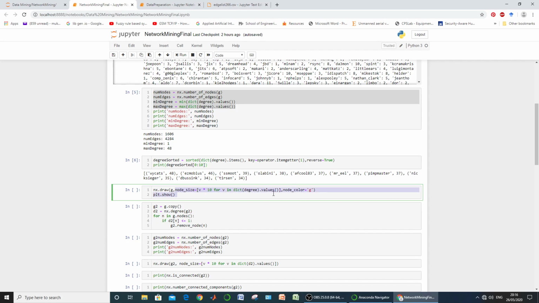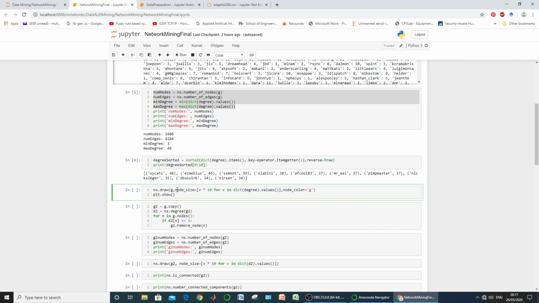Here we want to represent a particular node by giving it a size which is directly proportional to its degree, meaning a node having degree 10 will be smaller than the other one having degree 20. So this is the functionality for this.